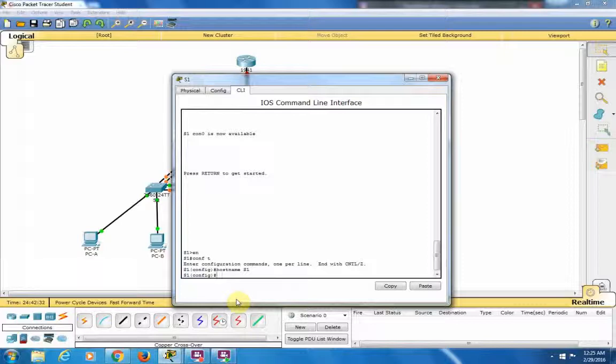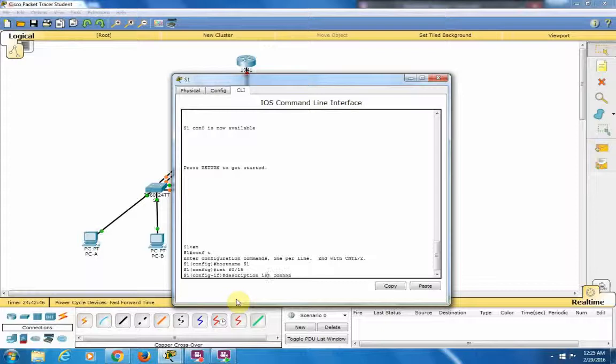Okay, so we'll move on to what we need to describe to make sure that the switches are making connectivity throughout all 3 switches throughout the network. So the command that we're going to do is interface F0/15, and we're going to give it a description: first connection to S3. F0/15 description, first connection to S3, and then interface